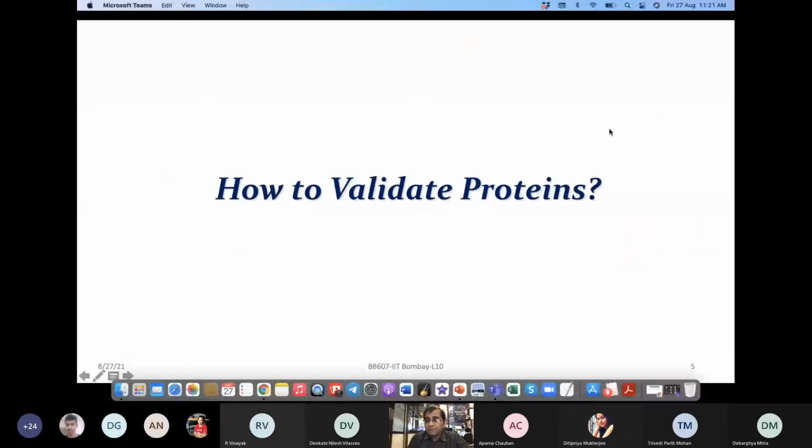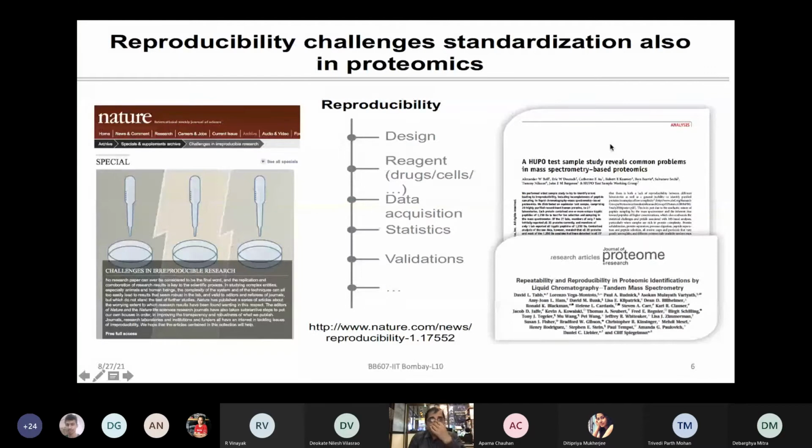Now let's move on and see the possibilities of validating the protein targets. First of all, as we have been discussing, we are talking about proteomics, looking at large-scale protein analysis, on the scale of thousands of proteins. And what we should always be cautious about, despite looking at a very large scale, is whether we are still reproducible. There are many challenges associated with this kind of large-scale deep proteome analysis, quantitative proteomic analysis, and you have to think about how to make your experiments more reliable and reproducible.